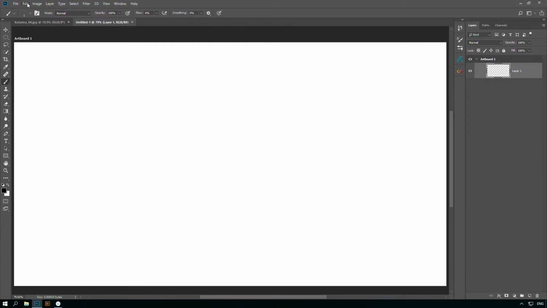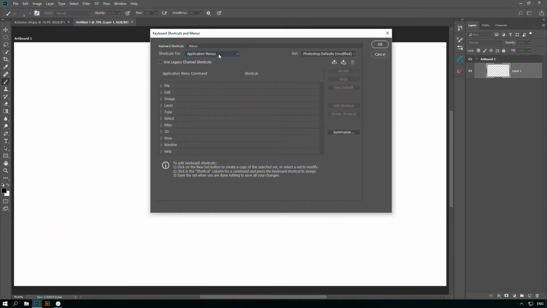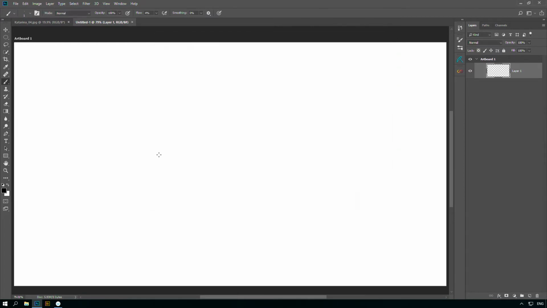So what I did was I go to Edit and I go to the keyboard shortcuts and to the tools here. And when I scroll down here, I've got decrease and increase brush size. And I put this on my keyboard. So with the Q and W, I got two buttons to make the brush bigger and smaller. And that way, I have it here on the keyboard, and I'm not accidentally messing up my